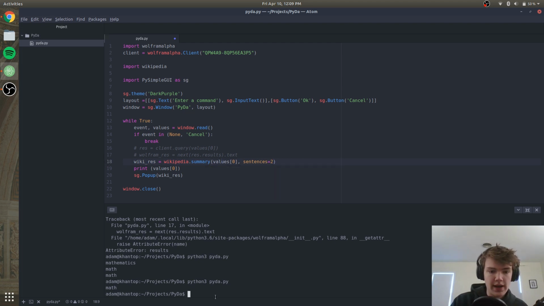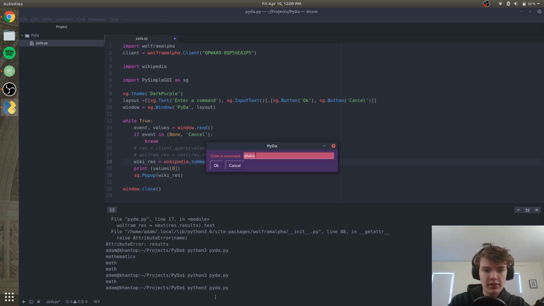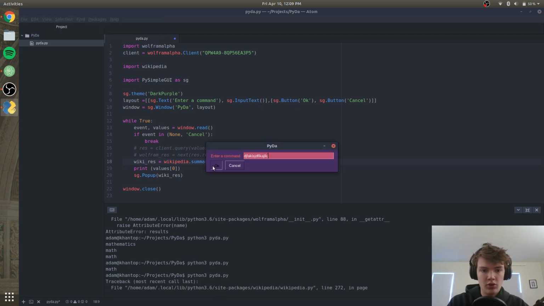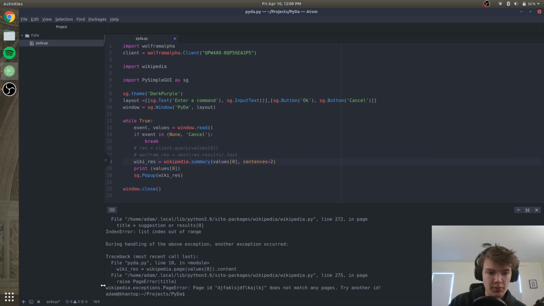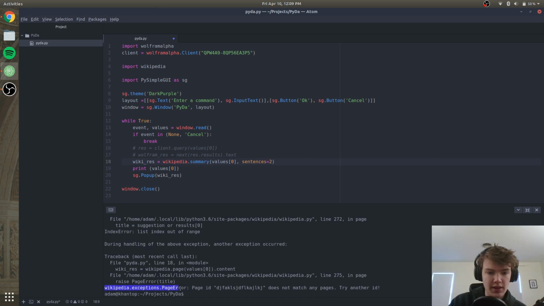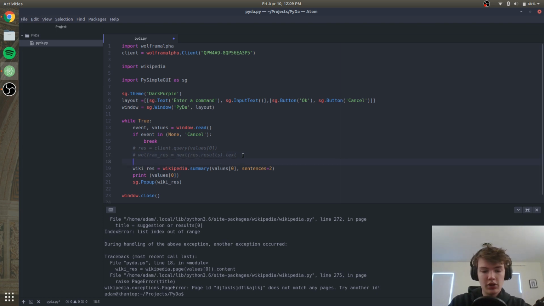So, if we go back, when we print something that is clearly not an article, it says wikipedia.exceptions.pageerror. So what we're going to do is, also, Wikipedia runs faster than WolframAlpha in getting the result. So we want to see if the user's query can be solved with Wikipedia, and then if not, it'll go to WolframAlpha. So we'll say try this,